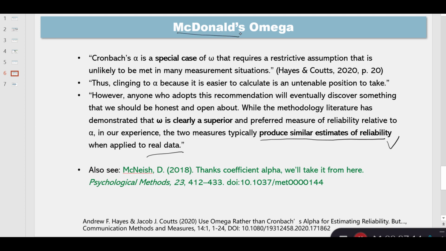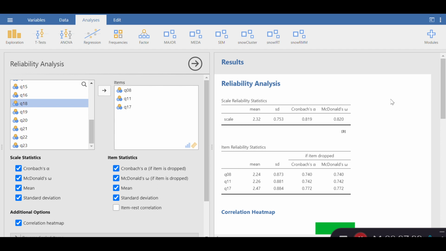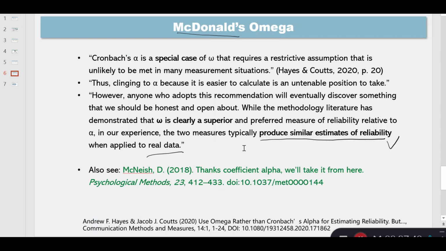And now it's actually easy, if in the past it was not easy to calculate McDonald's omega, with Jamovi and even other packages like SPSS. The latest version of SPSS, version 28, provides omega, and also JASP, which is another free software, also provides omega. So it's much easier nowadays to run McDonald's omega and compare it with